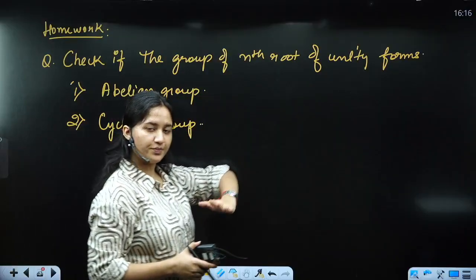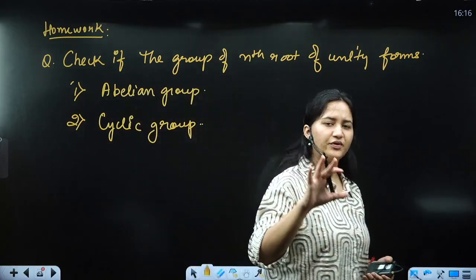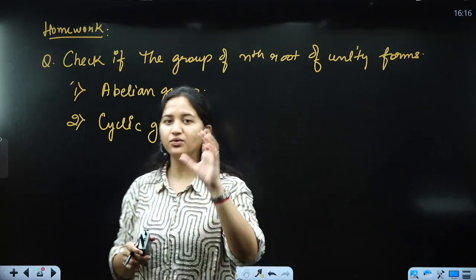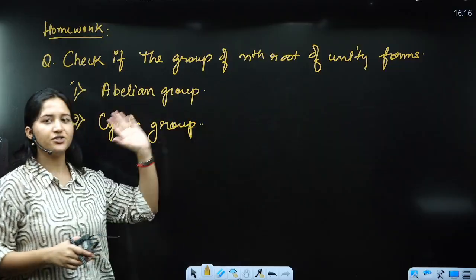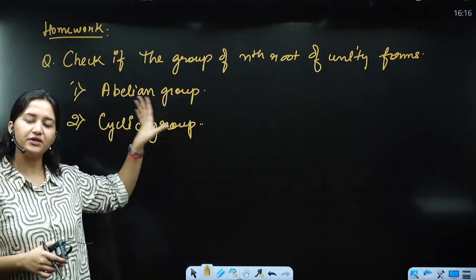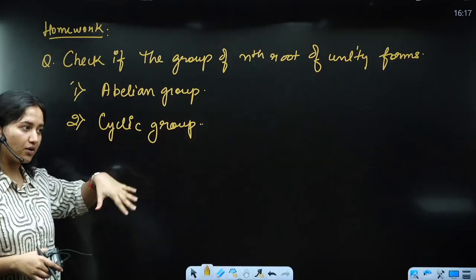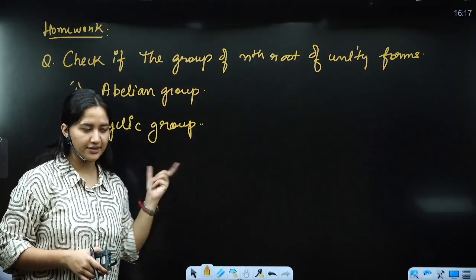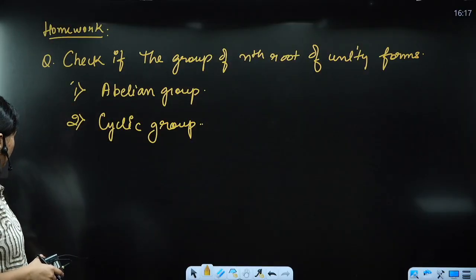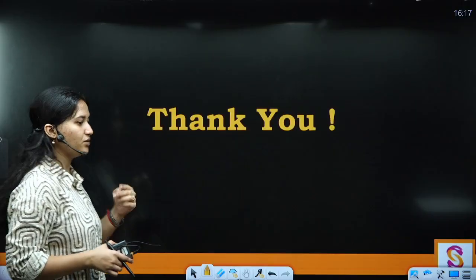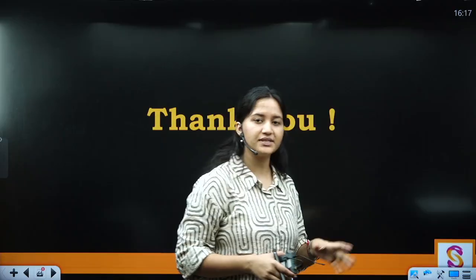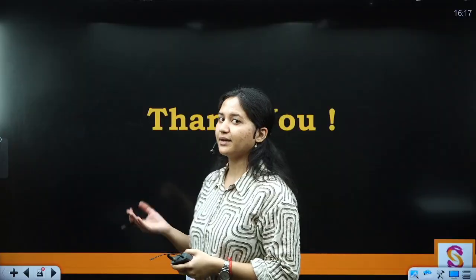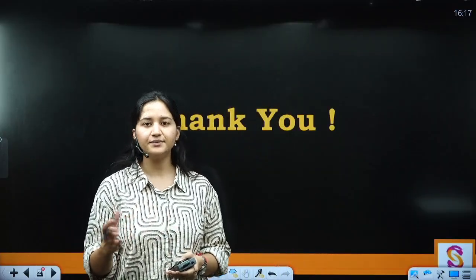It does form a group, तो आप group वाला part मत करना, क्योंकि group वाला part वैसे हम discuss कर चुके हैं. What are the elements going to look like? You can revise that from here, and then you can just try to prove if the group is forming an abelian group or not, or if you are going to have an element which is going to generate the entire group. All right, so tomorrow we are going to continue with the cyclic groups. There are many theorems, and also we are going to check for all the other kinds of cyclic groups that are present, and then we'll be taking up subgroups in the next lecture.